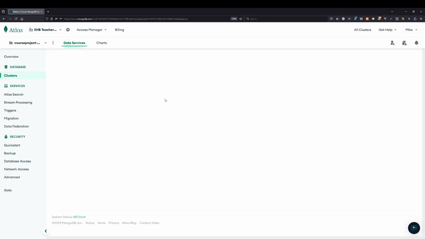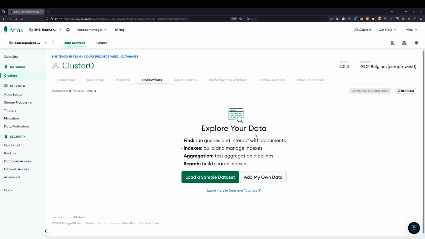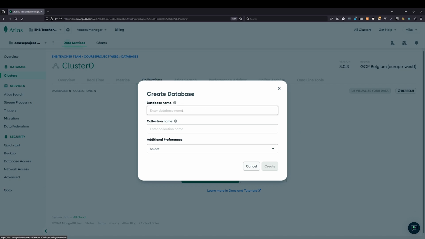Next part is the collections themselves. So the collections are the databases, or is the actual database. This has the tables or the document collections basically. So you can load a sample data set, but I'm going to add my own data. So my database name is going to be, this is just the overall database name, course projects web 2, and I'm going to add 24-25, which is of course the academic year I'm creating this in. The collection name, let's say we have a users collection, just very simple, and we hit create,